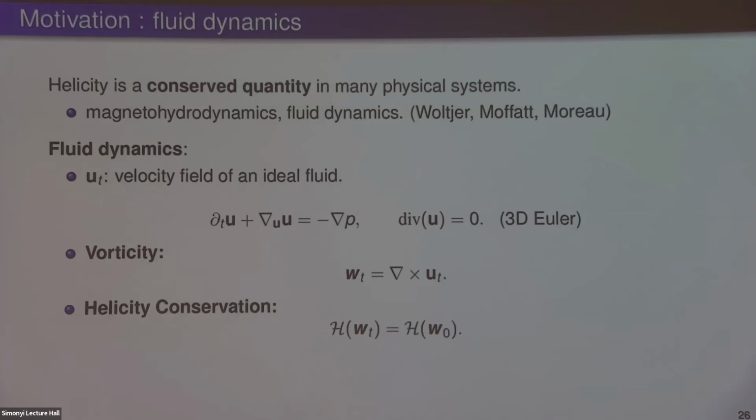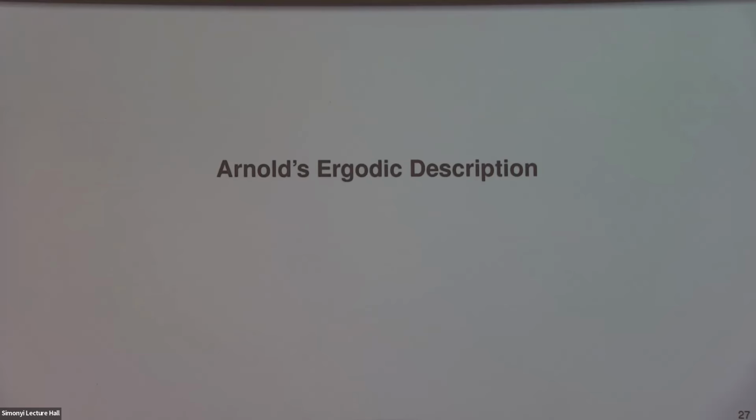Helicity conservation says that the helicity of the vorticity vector field is independent of time. So in this sense, you get a conserved quantity for solutions to the Euler equation. As you could imagine, fluids people are quite excited about having conserved quantities for fluids. Now, our story with helicity begins with a paper of Arnold from '73, in which he derived